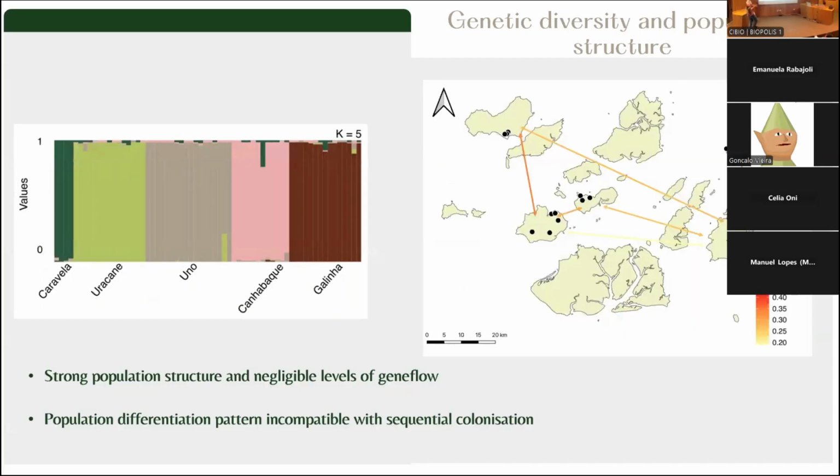But when we looked at population structure, we found the most likely number of genetic clusters, and this is open to discussion how to interpret them, but we found 5 of them. So basically each island, the populations were very structured. There was some hierarchical structure, which is not shown here, in which different islands split at different levels of K. And again, this is not that unexpected. These primates are arboreal. Most likely they don't just swim across these islands, right? So there is a lot of population differentiation.